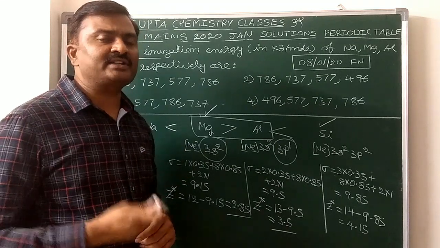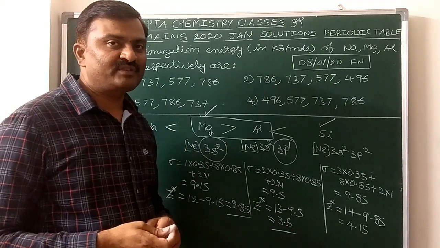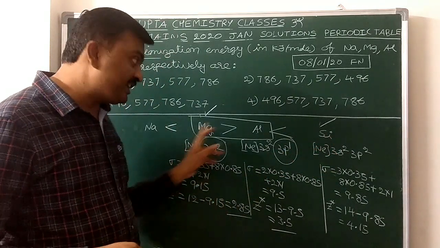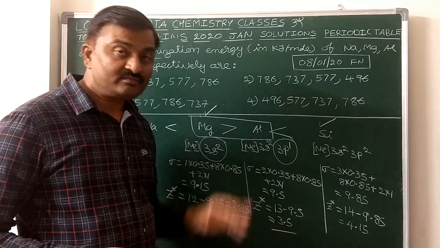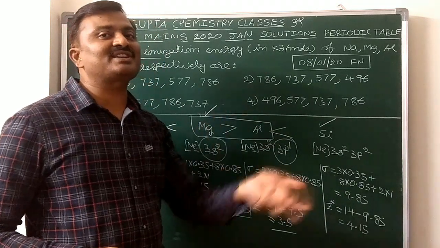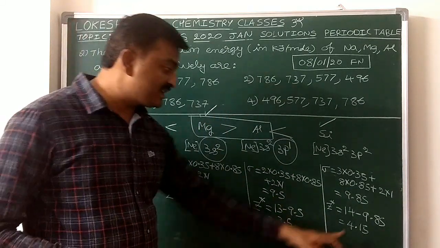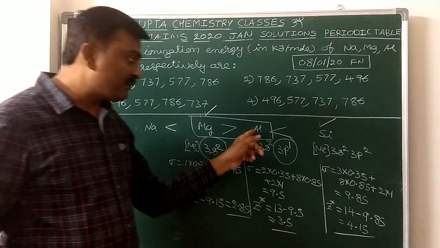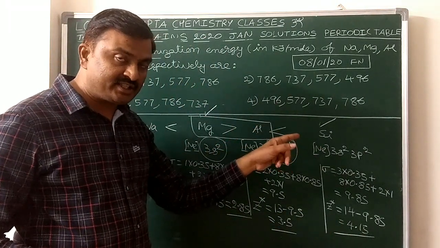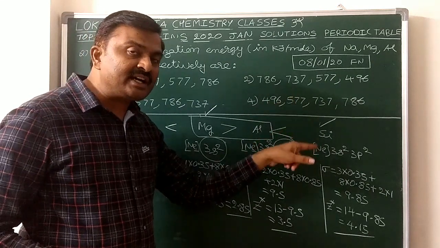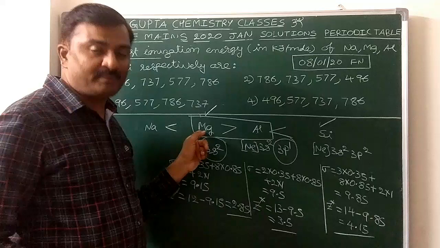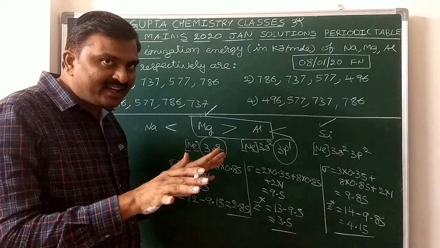Effective nuclear charge factor was only dominant. From aluminium to silicon, and magnesium to silicon also, the increase in effective nuclear charge is more. For silicon, effective nuclear charge is more. That's why from aluminum to silicon, ionization energy increased, and silicon's ionization energy is more than that of magnesium. So now it is the trend.